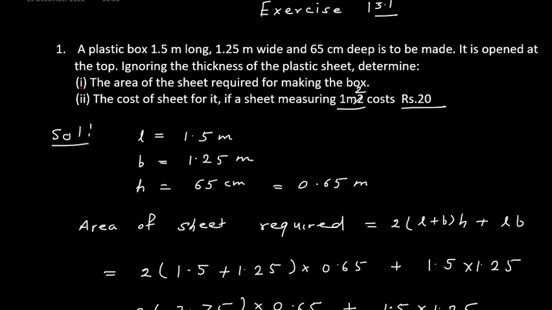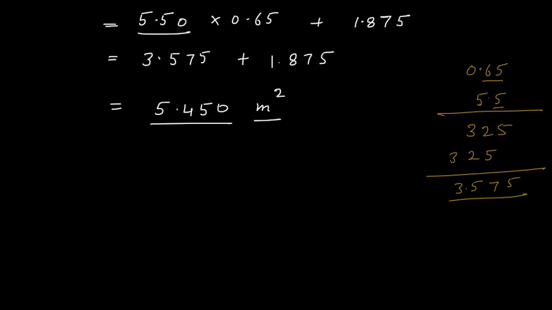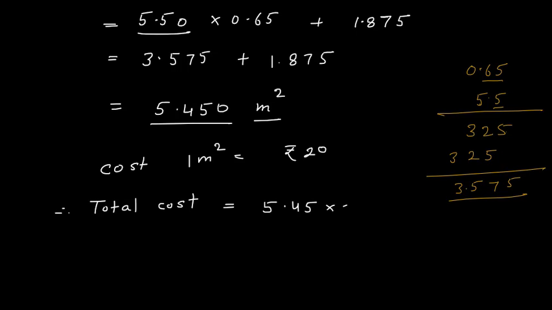Now cost of sheet. So for 1 meter square, cost is rupees 20. That is considered as rate. So I will say that cost of 1 meter square is rupees 20. Therefore, total cost, I have total area 5.45. So total cost is equals to 5.45 multiplied by 20. This will give you, now 2 5s are 10,